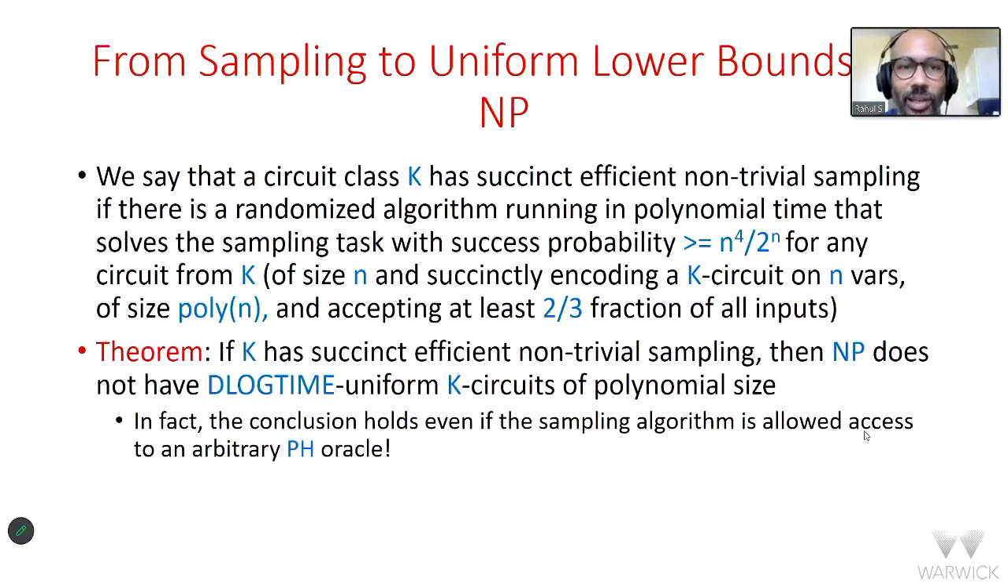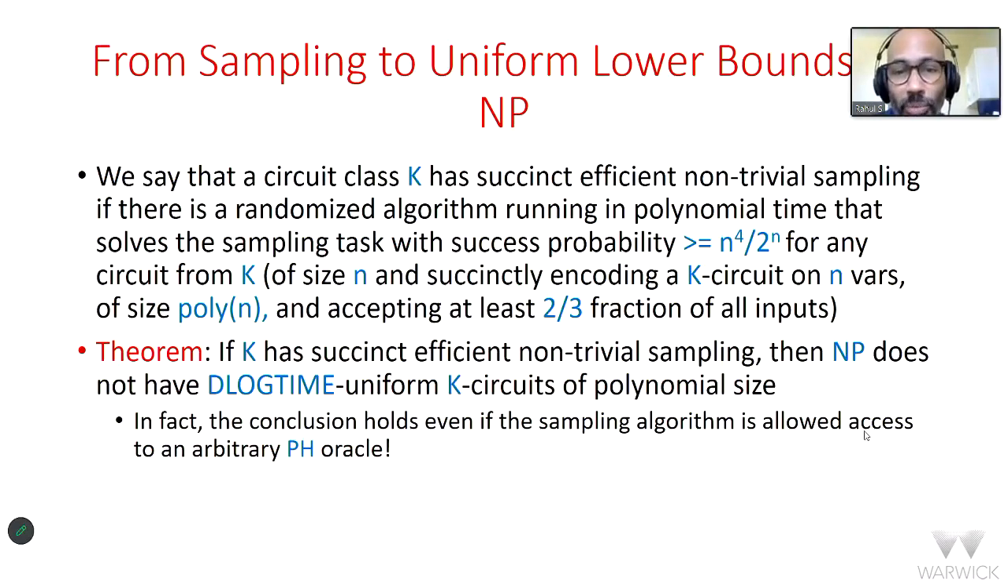We define similarly what it means for there to be efficient non-trivial sampling for circuit class K in the succinct setting. That means it's a randomized algorithm running in polynomial time, which solves the sampling task with success probability at least, say, 1/n^4. The n^4 is sort of arbitrary here. I suspect that anything super-constant will work, omega of 1 over 2^n, and solves this task. And the theorem is that if a circuit class has succinct efficient non-trivial sampling, then